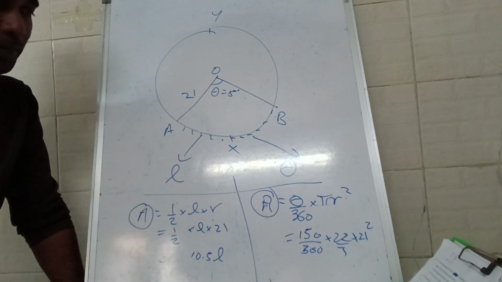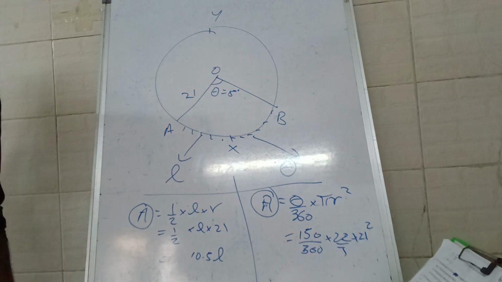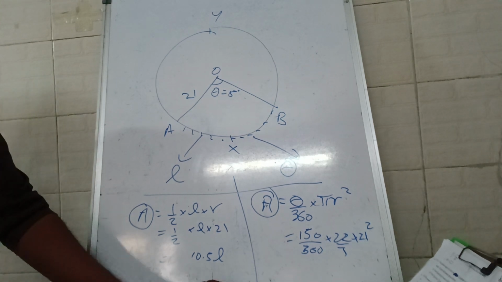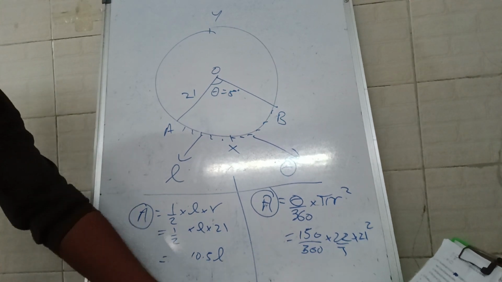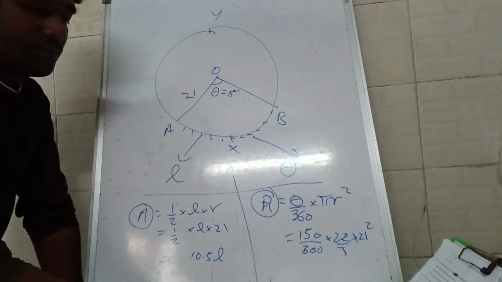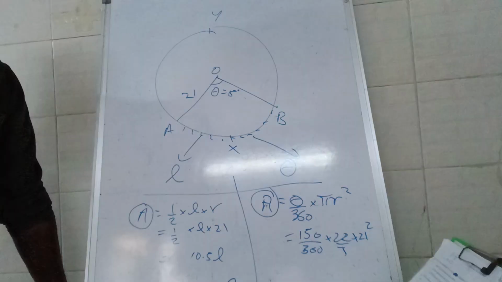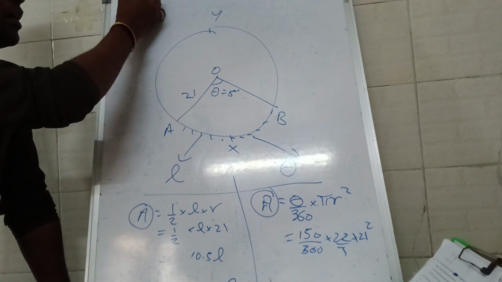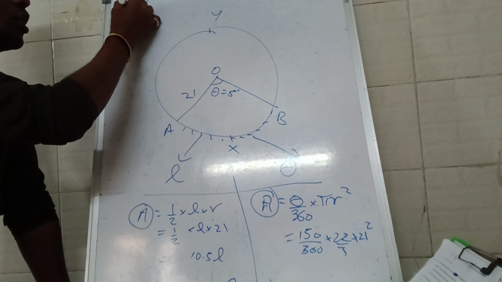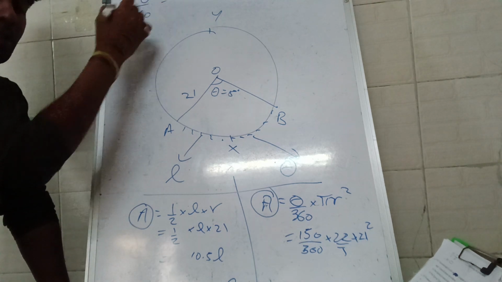I will then cross multiply and I will get the answer. Length is equal to 55 centimeters. Another way, you can say the ratio of theta upon 360 is equal to